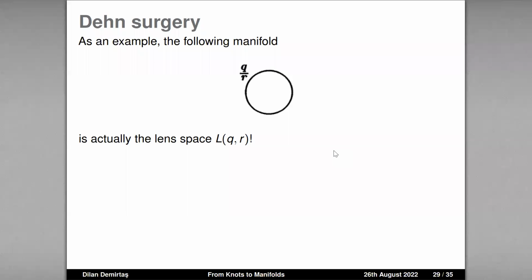As an example, the following manifold is actually the lens space L(p,q). So we have our trivial knot, and if we remove the